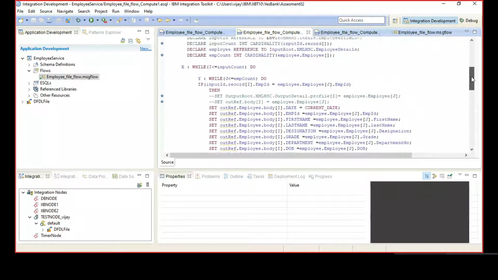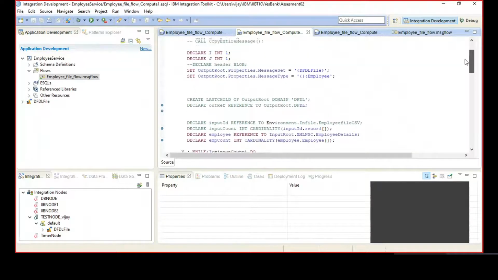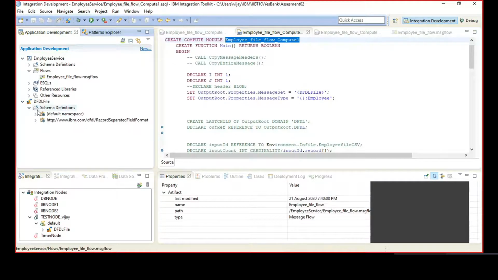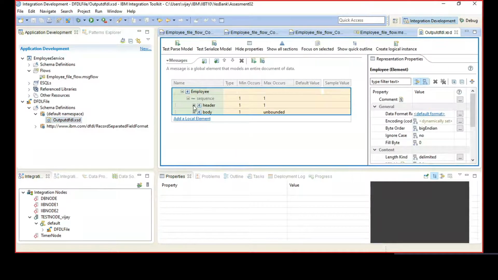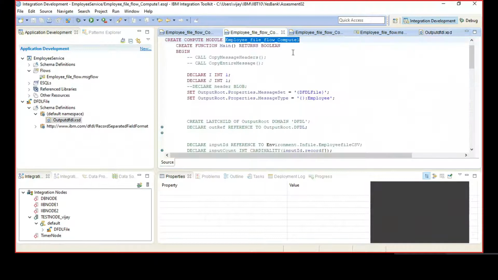here, and the thing is, since I have to store the output as delimited text with a pipe, I have created a DFDL for that as well. Here it is, I have created a library, and in the library I have created my DFDL for the output part, like how I want the output to be created. So wait, yeah, so here it is, I have created a header for it also, and the body for it also, as the output I want. And okay, then wait.